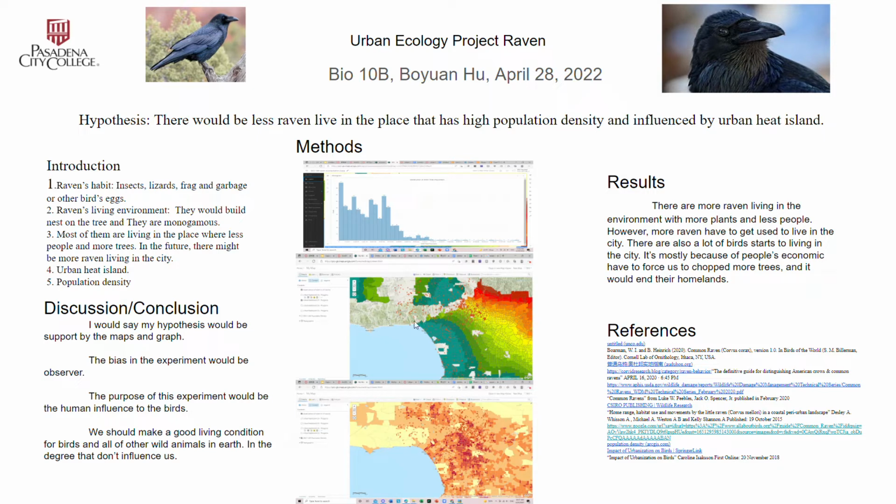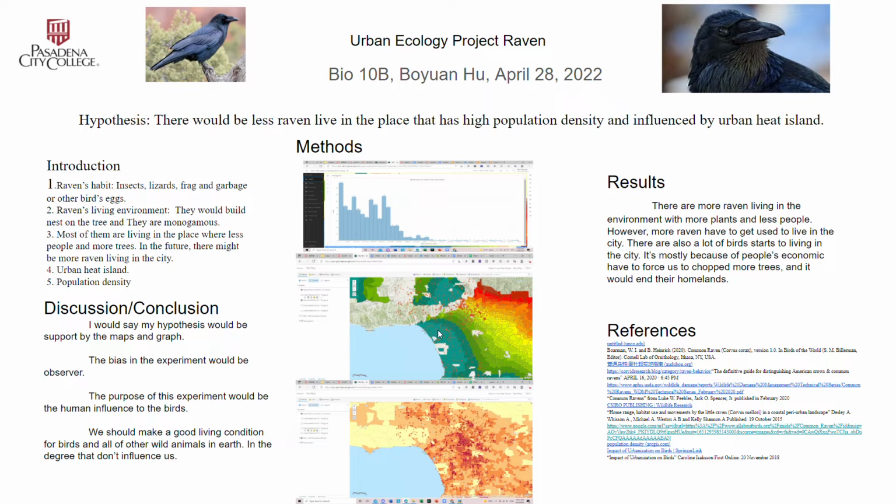This map shows the urban heat island effect and the raven observations from iNaturalist. The color shows how much the place is affected by the urban heat island. Usually the red color means there is more effect, and the yellow color means there is less effect.